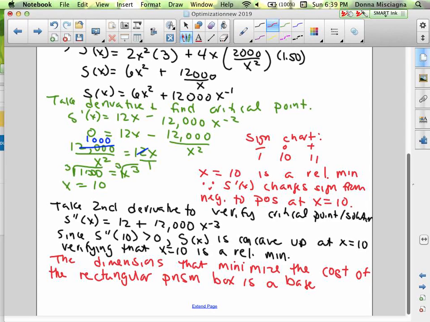So a base measure of 10 for the square base. I think when I do these, I say this differently every single time. And a height of